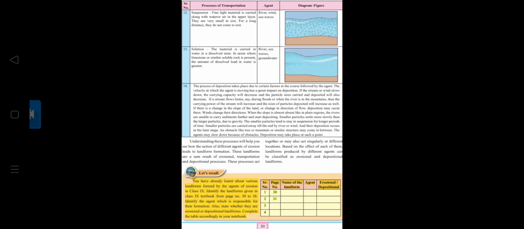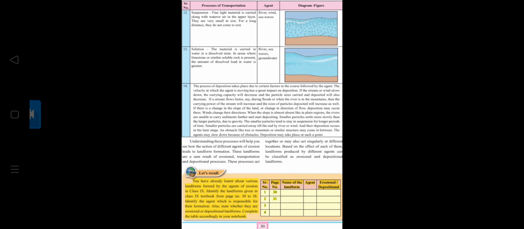Deposition may occur there. Wind changes its direction. Definitely, wind changes the direction. When the slope is almost absent, like in plain regions, definitely there is no slope in plain regions. The rivers are unable, in this case, what happens? The rivers are unable to carry sediments further and start depositing. On plain regions, there is no slope because it's absent, so the rivers cannot carry sediments and they start depositing